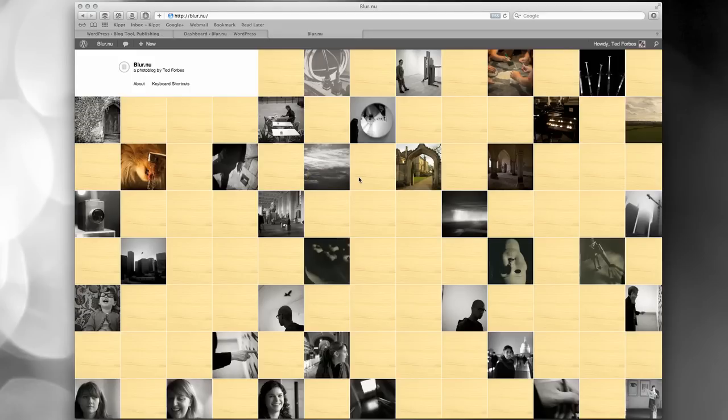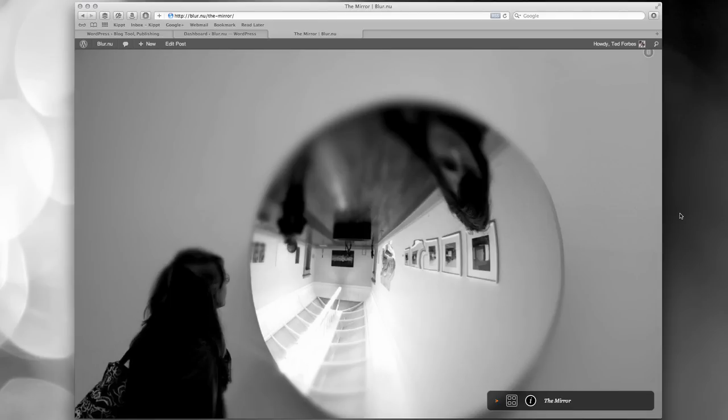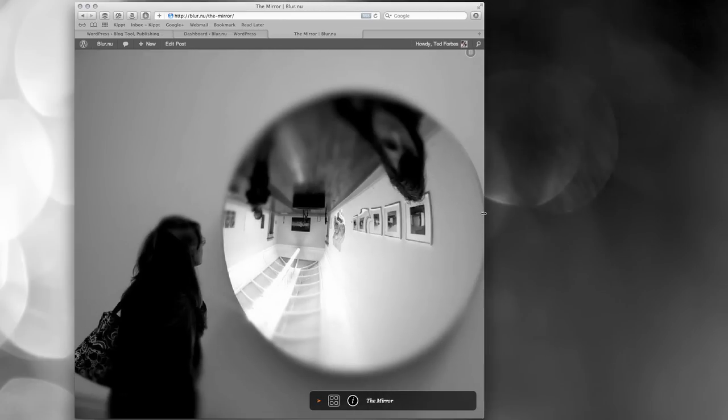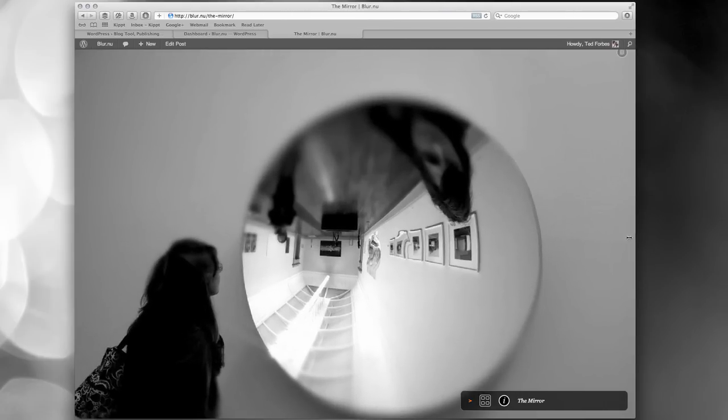You're just provided with a series of thumbnails. And if I click on one of these, it will open and these go full screen. And this is something that was really important to me because I wanted to experiment with full bleed images. And so there's some CSS and some JavaScript written in here. So if I resize the page, the image always resizes and you always see the entire image.